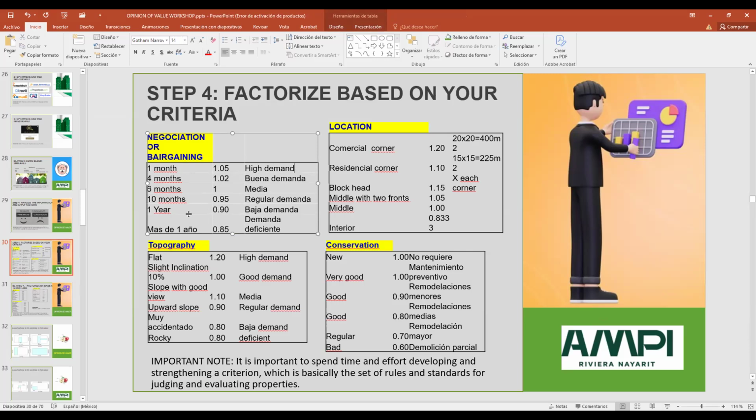If you think that you can sell the property in 4 months, it has good demand. If you think that the property could sell in 6 months, it has medium demand, in 10 months, etc. We just use the law of supply and demand as a way of adjusting the price.